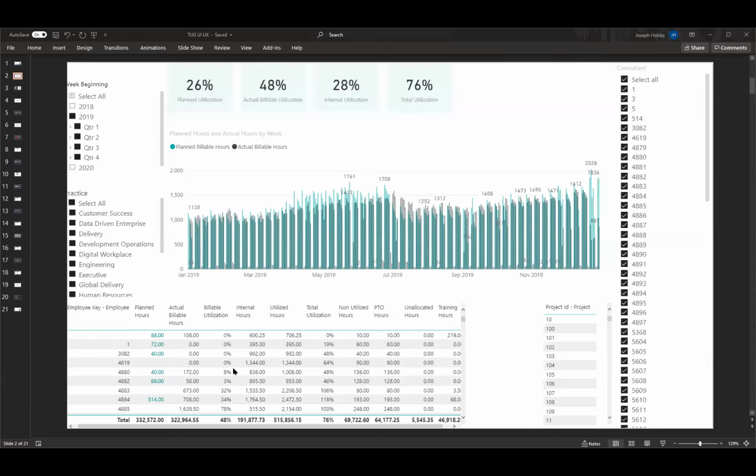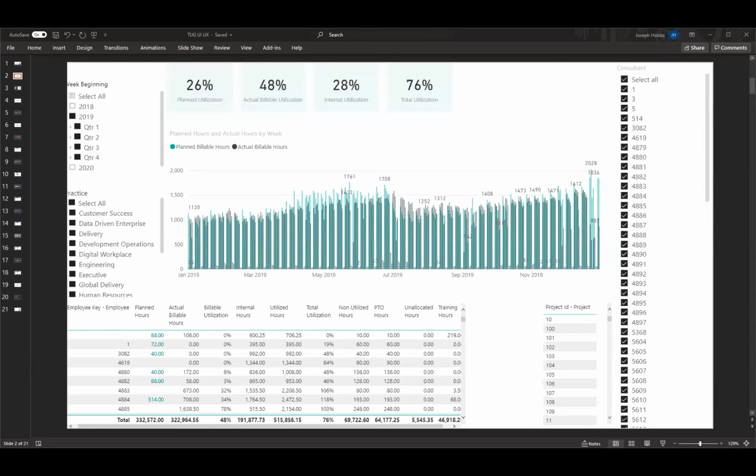Finally, down below, you've got an individual employee on every line and sort of a tabular layout there with a number of metrics inside that. And to the right, another slicer for the project ID. You don't have to remember any of this. There won't be any kind of quiz, but simply take this in and compare it to reporting that you may have at your company.